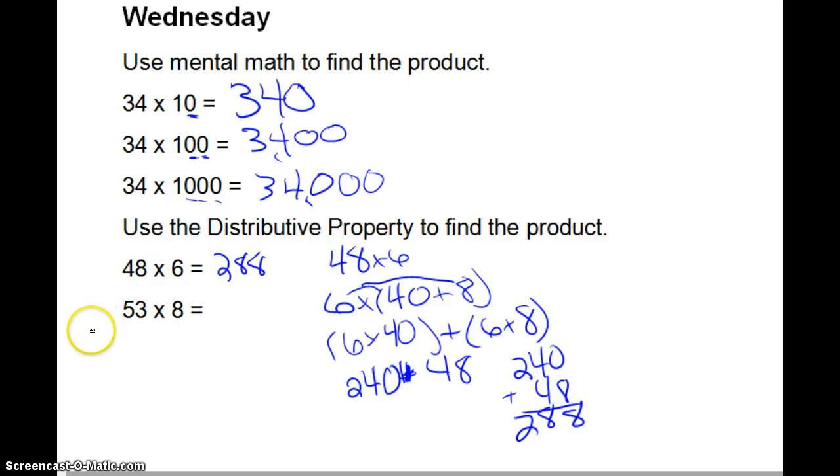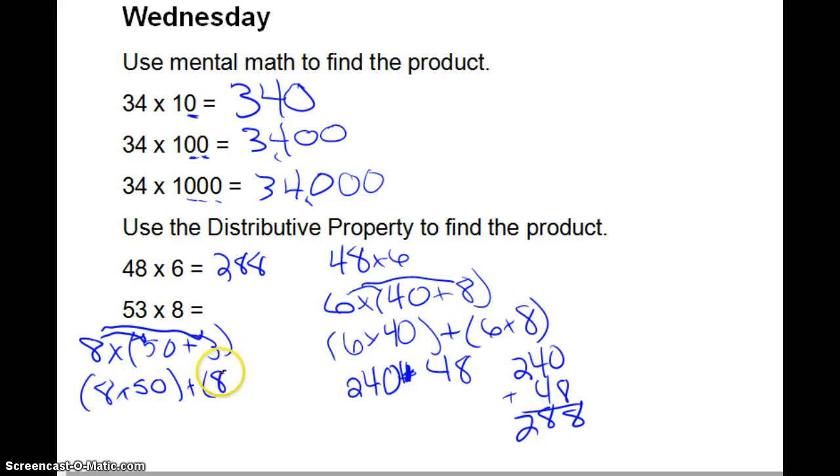And then we'll use the bottom portion here to do our 53 times 8. We'll go ahead and say 8 times 50 plus 3. So then we take the 8 and distribute it into the parentheses. 8 times 50 in parentheses